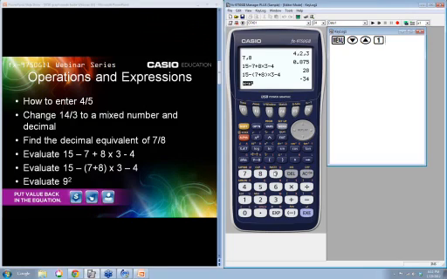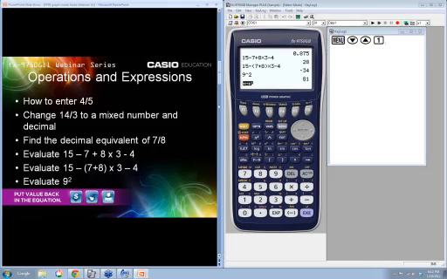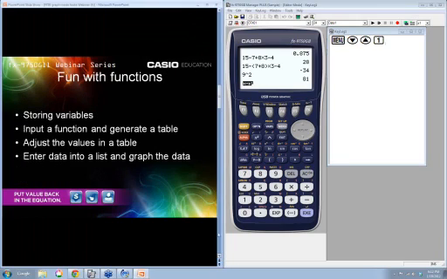Next thing I want to do is show you how to raise things to an exponent. Again, pretty intuitive. You press the 9, there's your little caret top, and that means raise that to the power of 2, and you hit execute, and there it is. Makes it nice and easy for us, nice and easy for the kids, allows them to see exactly what it is that they are calculating.